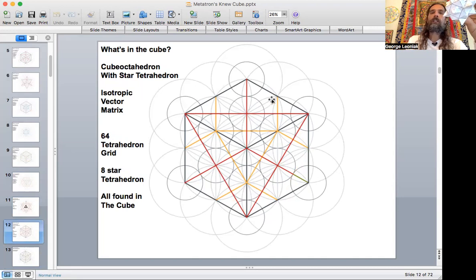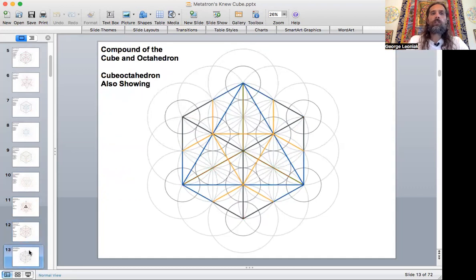the cuboctahedron edge right there going across as well. So the next one that we're going to go to is, now all that is contained within the cube, but